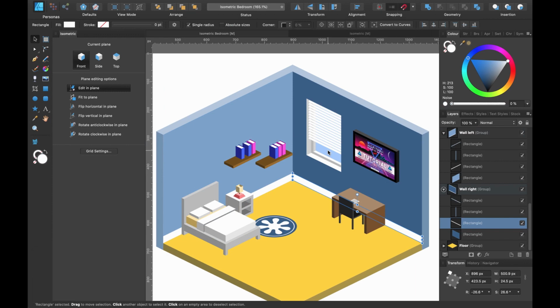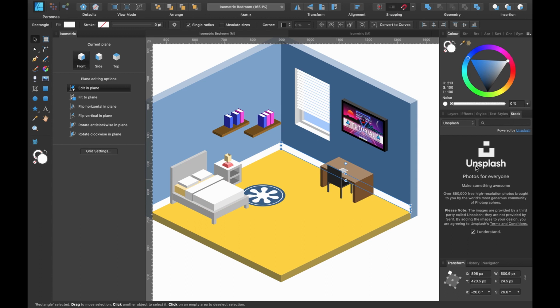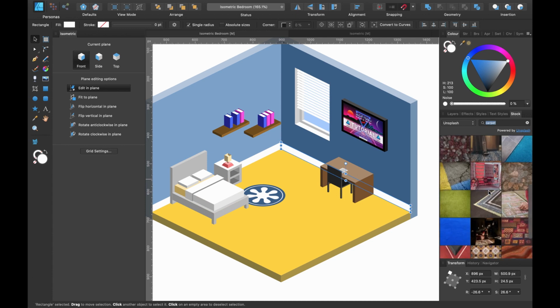What else could you do? Well, let's not forget you have the stock tab down here, the stock panel. It says Unsplash, Pexels, and Pixabay. This is where you can get free photos or textures and the like. So I'll just type in something like carpet. I have no idea what's going to turn up, by the way. Okay, carpet. Not sure if this is carpet, but basically these are stock websites that you can just literally click and drag out. Let's see what happens.